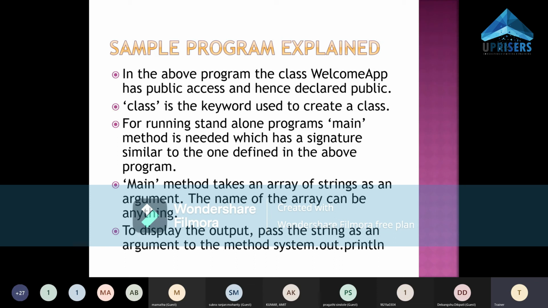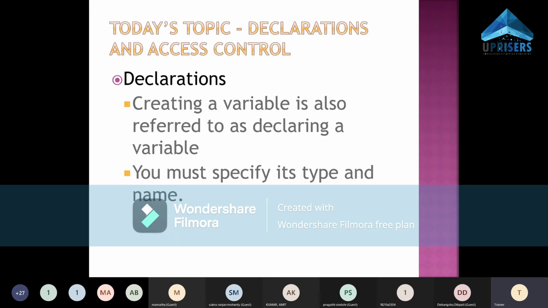Shall I move on to today's topic? Yes, ma'am. Okay. So today the first topic we are going to discuss is declaration and access